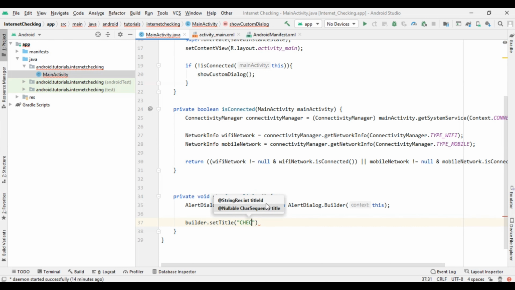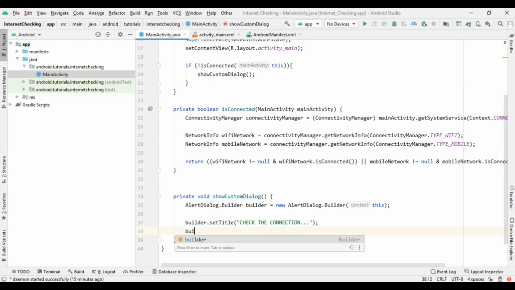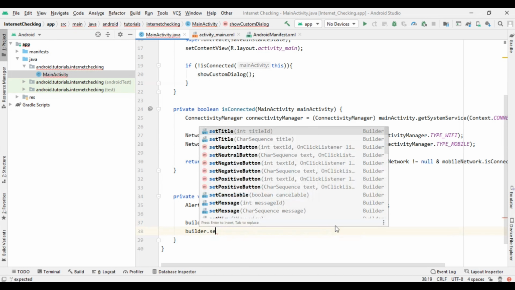So here I am writing check the connection, and then close this setTitle method, and then again write builder to check the internet connectivity. We are going to show them: it seems your internet connectivity is not proper or it is not connected.